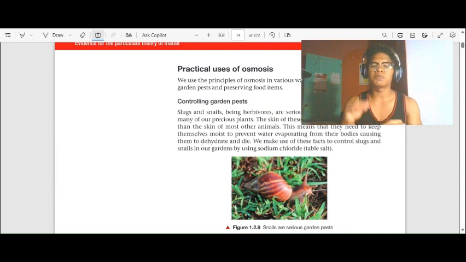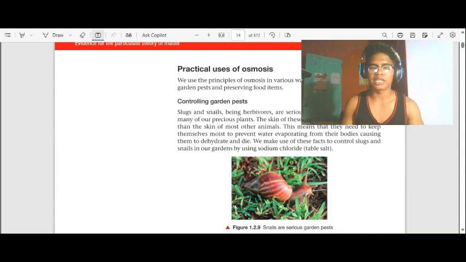The skin of these pests is a lot more permeable than the skin of most other animals. This means that they need to keep themselves moist to prevent water evaporating from their bodies, causing them to dehydrate and die. We make use of these facts to control slugs and snails in our gardens by using sodium chloride,